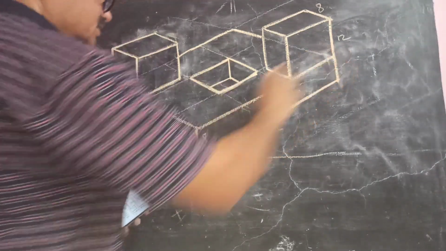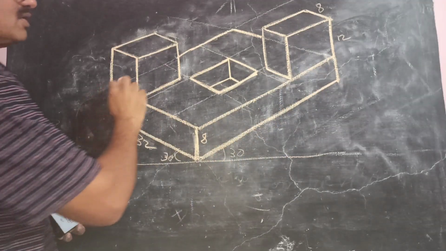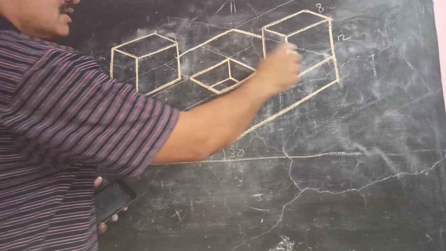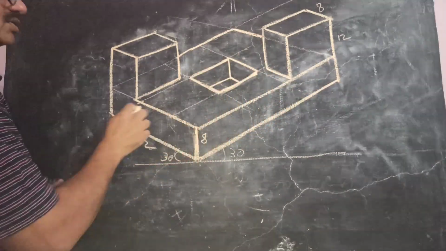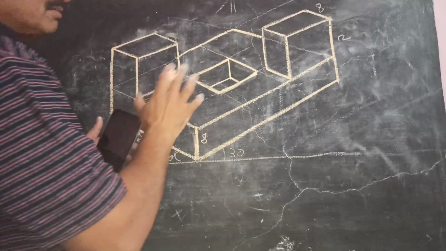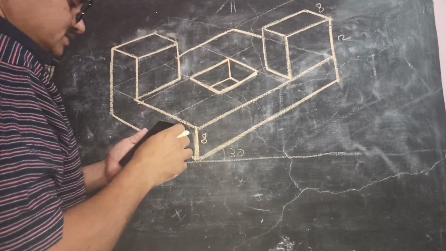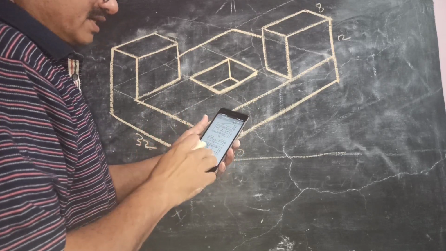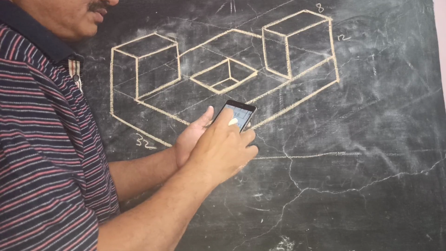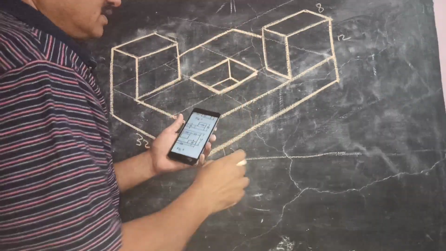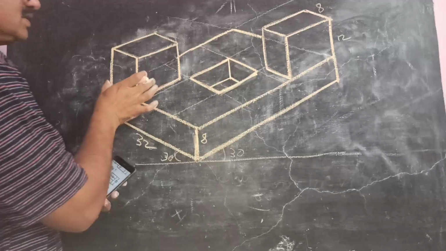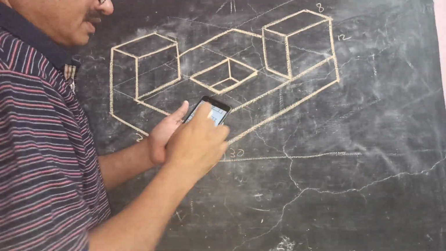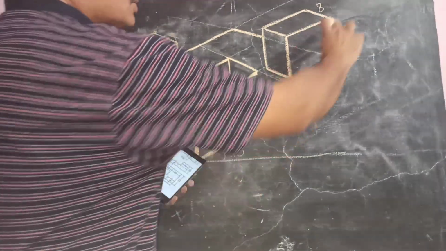So once you draw this and this, then from this corner draw a faint line parallel to this, and from this corner again draw a line parallel to this. So complete this platform. Do not make it dark. Then the two pillars are to be located. That can be located from the top view. You can get the exact position of that pillar in the top view, in which corner these pillars are there. So one pillar in this corner, one pillar is in this corner, and it is having height of 12 mm. Because this total is 20, the height of platform is 8, so this is 12.